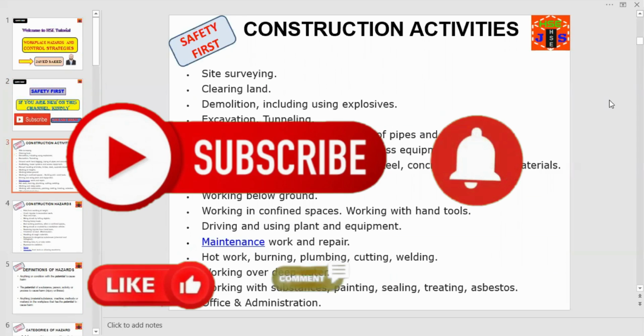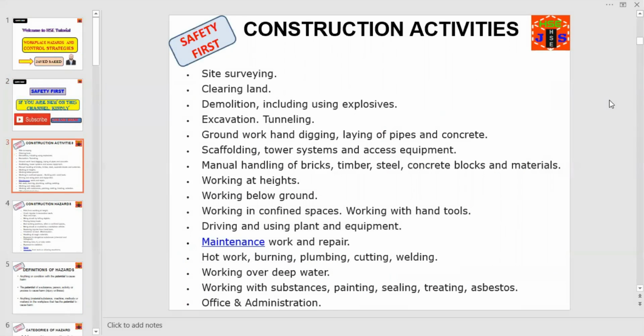Let us discuss what the general construction activities are. The construction activities are site surveying, clearing land, demolition, including using explosives, excavation, tunneling, groundwork, and digging, laying of pipes and concrete, scaffolding, tower systems and access equipment, manual handling of bricks, timber, steel, concrete blocks and materials, working at